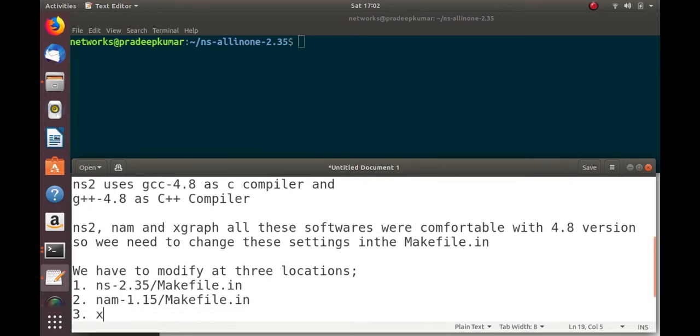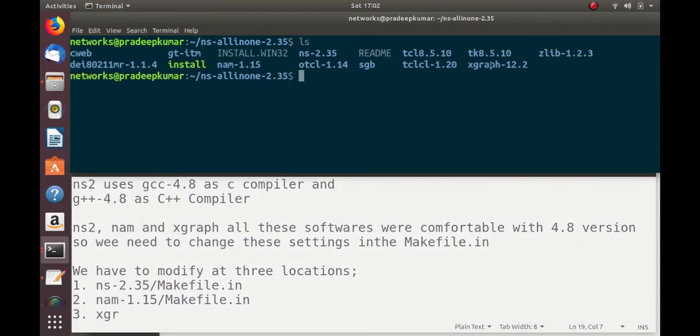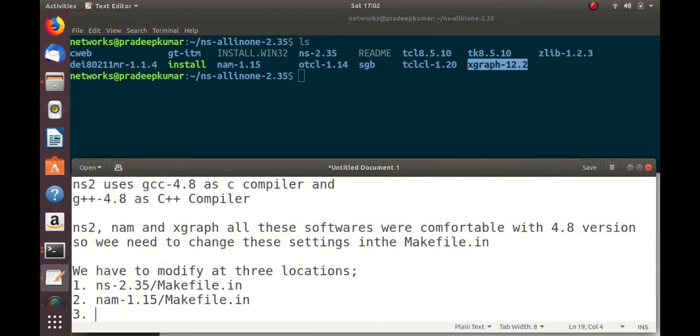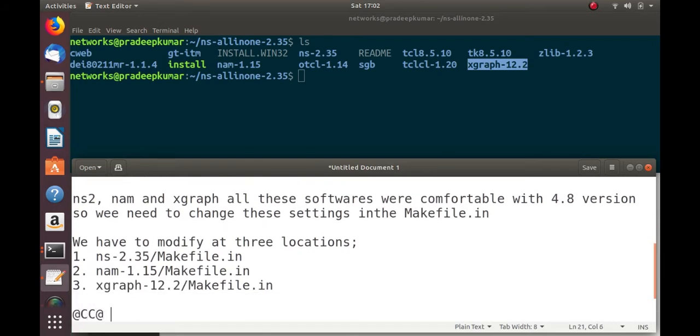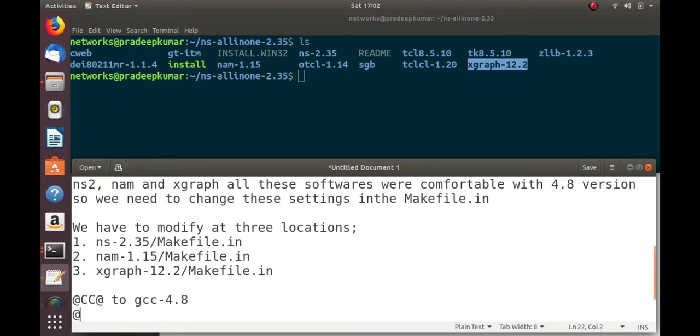The third is xgraph-12.2/makefile. In these three places we have to modify CC to gcc-4.8 and CPP to g++-4.8. So we need to do the modification in the above files.